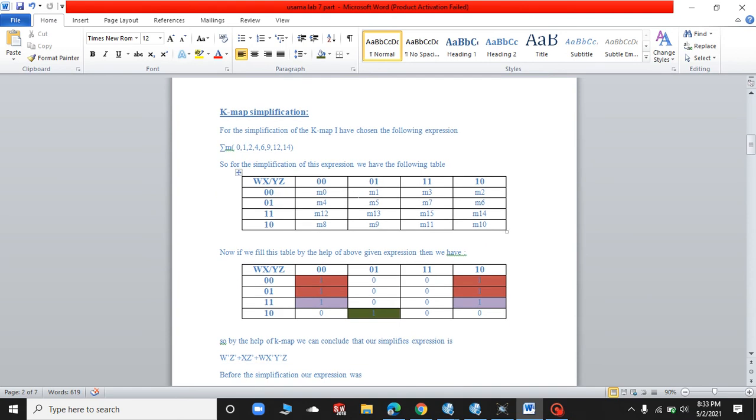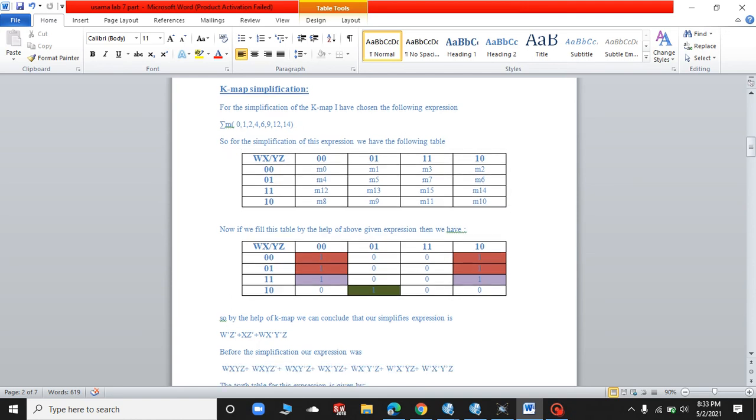So this is the basic generic table for which the K-map is always drawn. I have four variables that are w, x, y and z. y and z refer to these four values, that is 0 0, 0 1, 1 1 and 1 0, and w x refer to these four values, these are 0 0, 0 1, 1 1 and 1 0. So the positions of the max terms and min terms are defined over here. When I implement these and write the ones in this table, you can see that I got this type of combination.